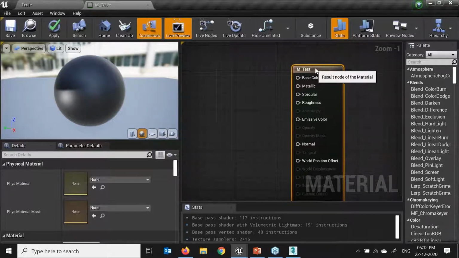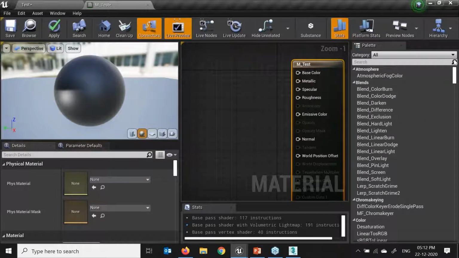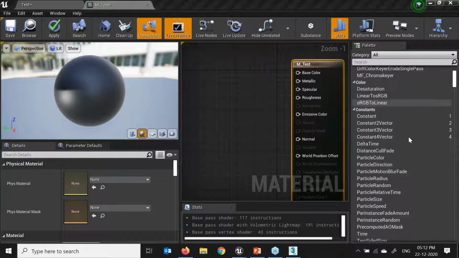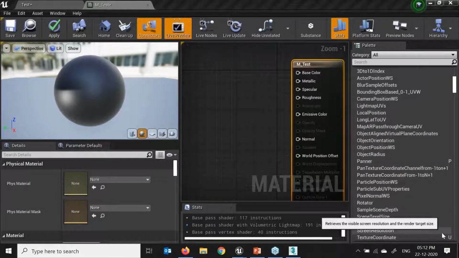Now how does this material editor work? We have to give different utility nodes to this material, right? So for the material editor, if you see on your right hand side, these are the different options we have in the material editor. If you see, this U means the shortcut for that particular material.